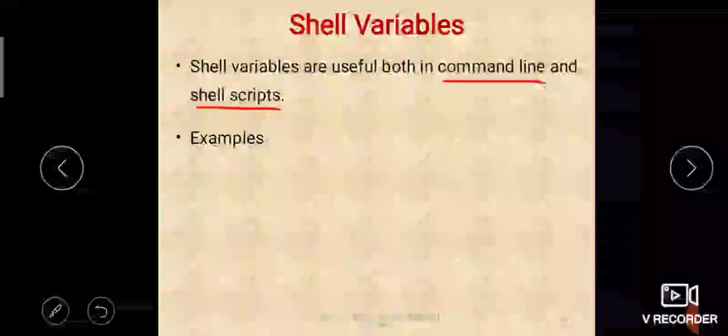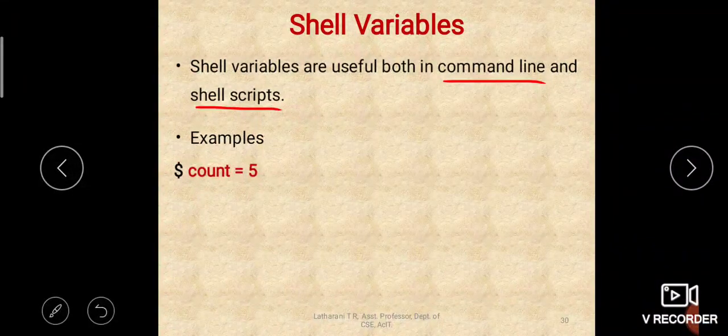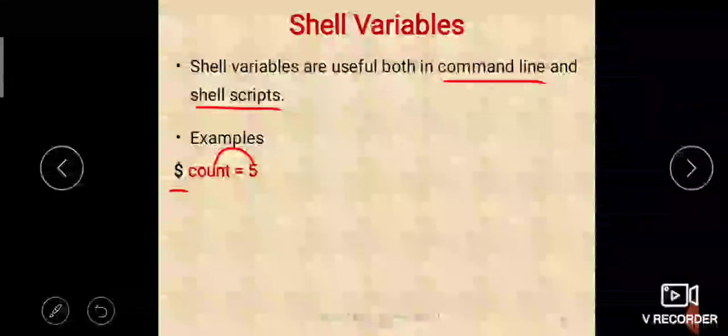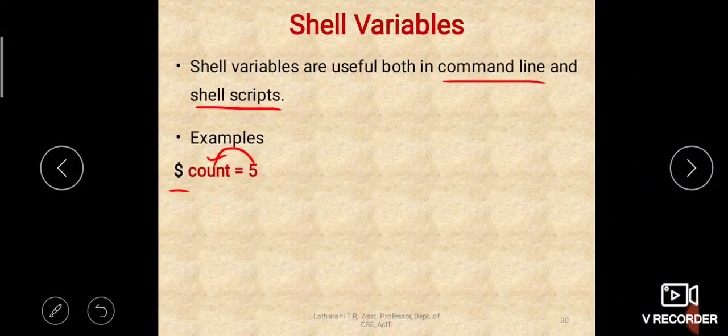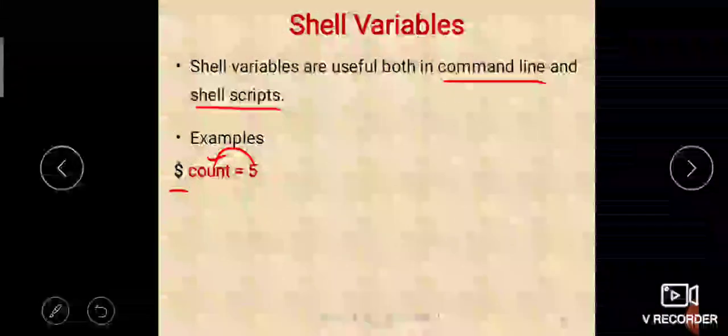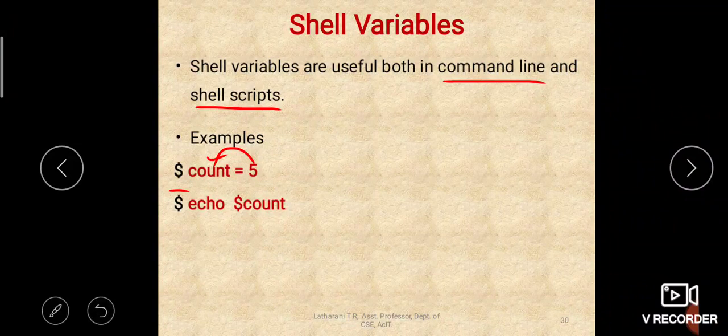An example of a shell variable is when you create, on the command line, count=5. So now count is a variable and that count is assigned the value 5. The variable is created as soon as you give a variable name and give some value to it, then that value will be assigned to that variable. Then if you would like to see the value of that variable, you can say echo $count. So whenever we need to see the value of a variable, we prefix the dollar symbol to it to get the value of that variable, right?